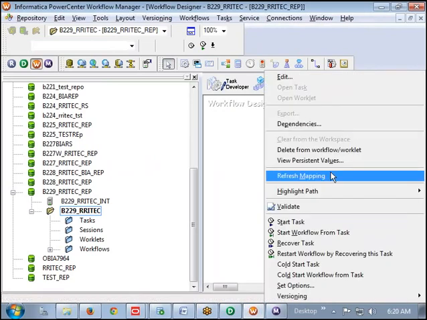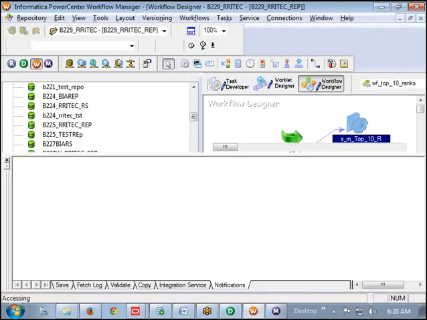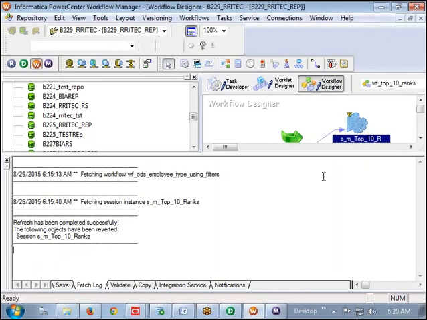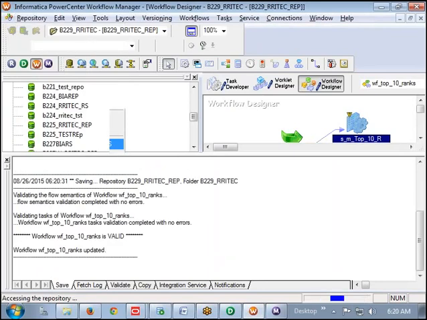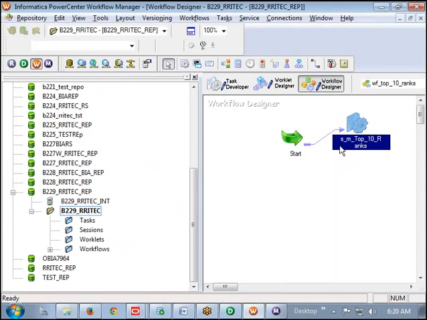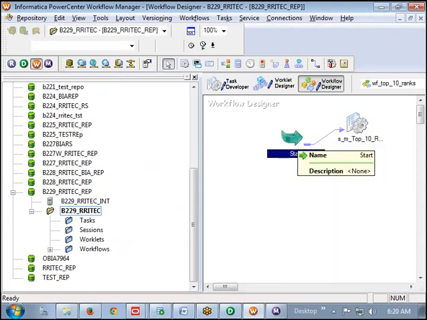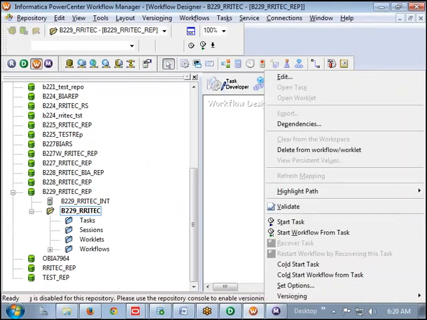Excellent. Whenever you change the mapping, we have to refresh the mapping so that those changes are carried forward here. Click on that. Excellent. The yellow triangle indicates the changes came here but are not saved. Let us save it. Now we saved it. Now go and try to run this. As the truncate target table option is enabled, existing data will be truncated, and from each department 3 ranks are going to come.